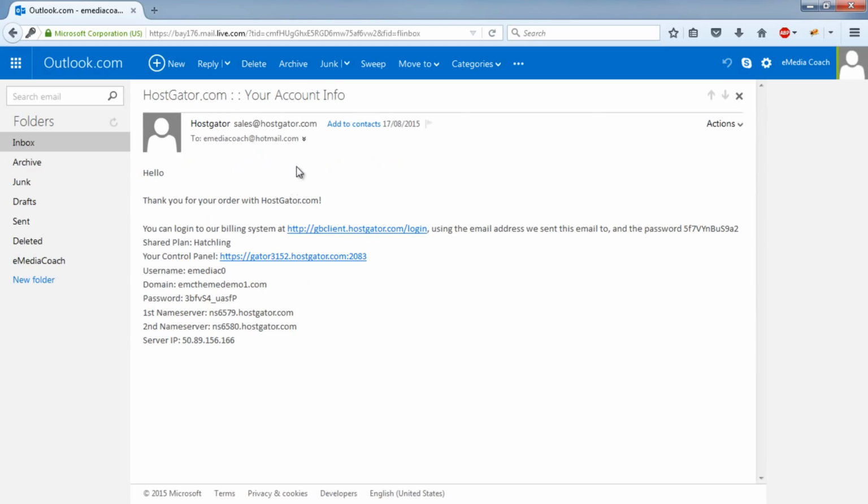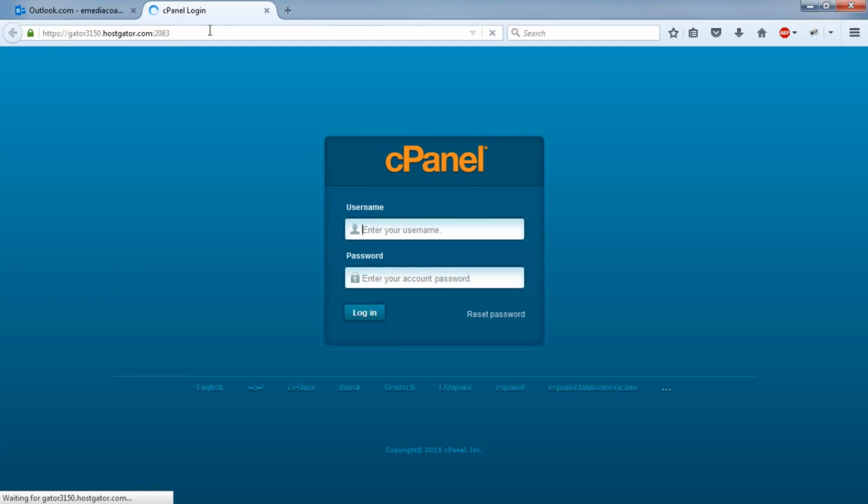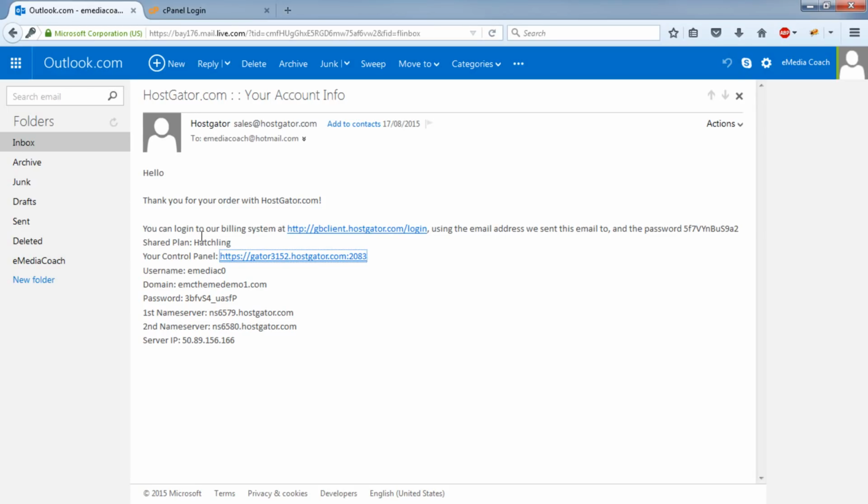Okay, so now that you've got that, the next thing you need to do is access your control panel and log in on the next screen using your username and password that's given to you in this email. So I'm going to do that now. Okay, I'll just copy and paste the username and password from the confirmation email.